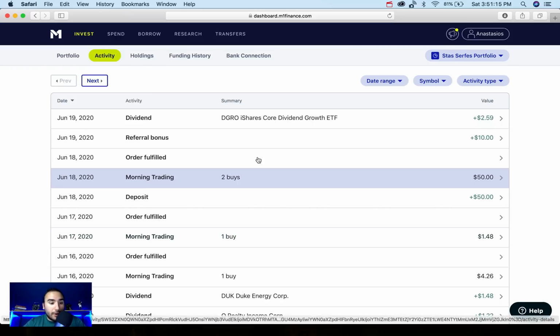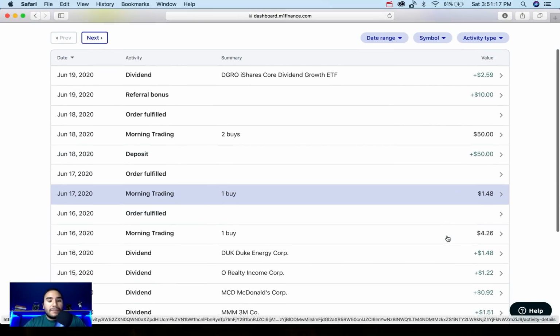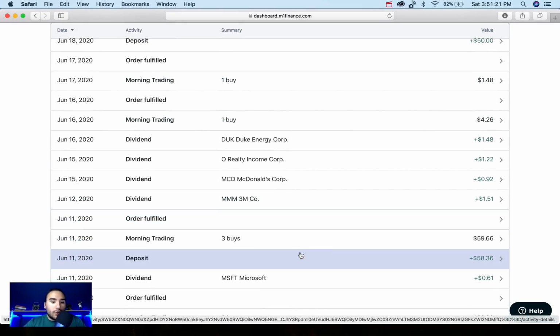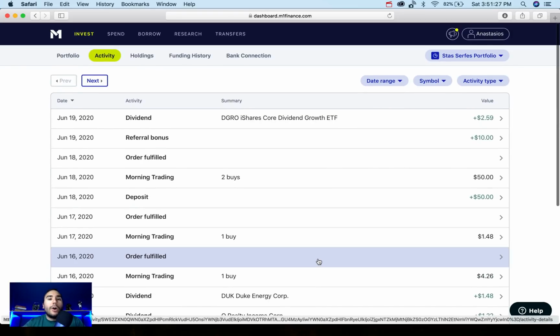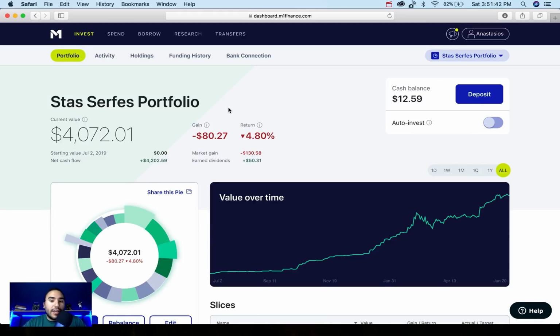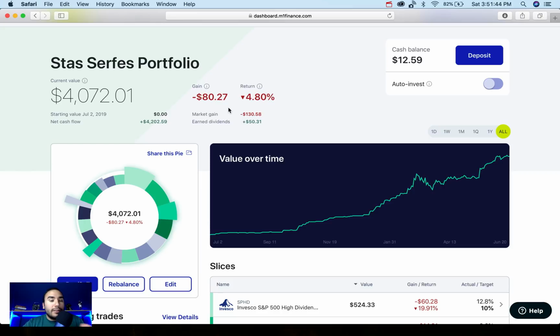As you guys can see here, I've just been putting in $50 every week pretty much, throughout the month of June, again, since the markets are so high. But I have been playing offense. Like I've been saying on the channel, I play offense while playing defense, and defense is you're stacking up cash, getting ready, and having that ammo, that dry powder ready to go. And I don't actually have cash in this portfolio because I keep it in a high-yield savings account, but again, I'm ready to deploy it